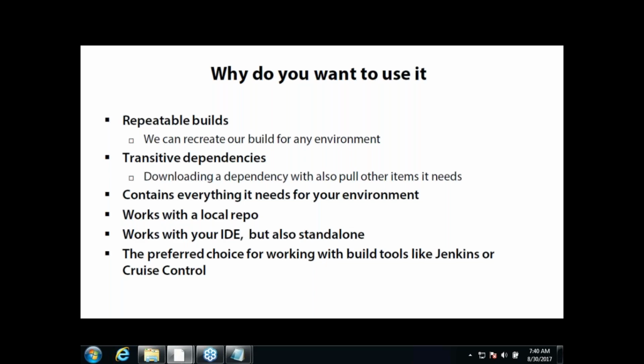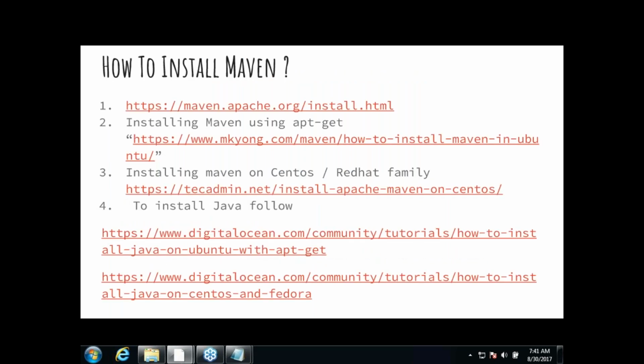Okay. It contains everything because Maven is integrated with every Java developer's environment. For example, most of you might know what Eclipse is, right? Eclipse is an editor which Java developers use to build code. Okay, you can integrate Maven with any of those tools and make it easy, and it is available in every environment. So the Maven build process doesn't change from Windows to Linux to Mac, nothing. It works the same way. Installation might change. How you install Maven might change. Okay, so it works with local repositories and remote repositories also.